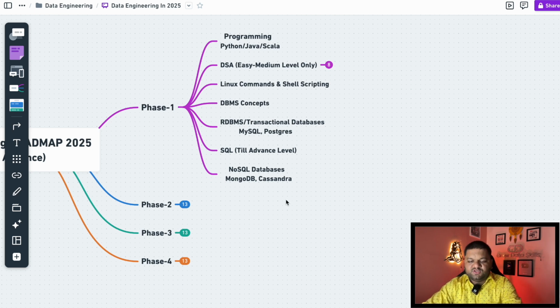And then in the phase 1, last thing will be NoSQL databases. There are many, right? There are many NoSQL databases over the cloud as well. But I always recommend people to get started with one like MongoDB or Cassandra, so that your fundamentals of NoSQL database are clear, and then switching on to different NoSQL databases will be a matter of just a week or so, not more than that, right? So this is all about you need to complete in a phase 1.